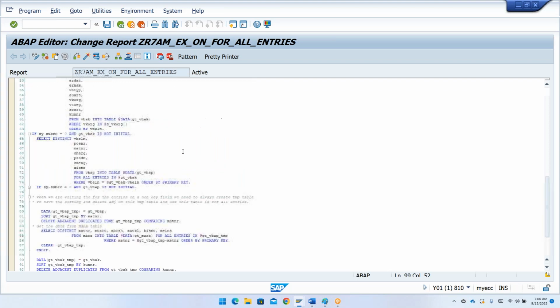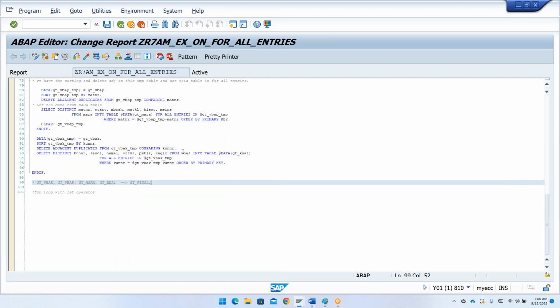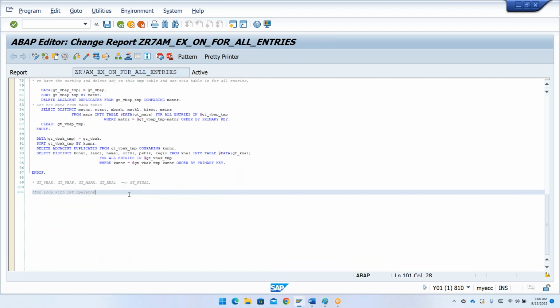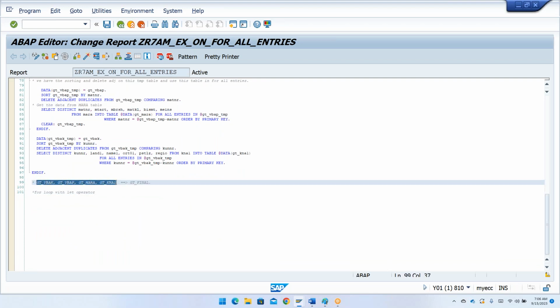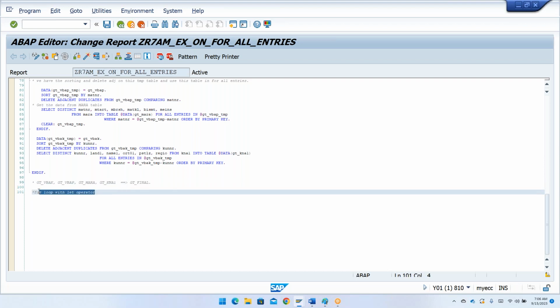Now we have started with our example and we have created our internal tables. We have created all our required internal tables. With the help of these internal tables, I need to create my final internal table. So how to do that? Always remember,